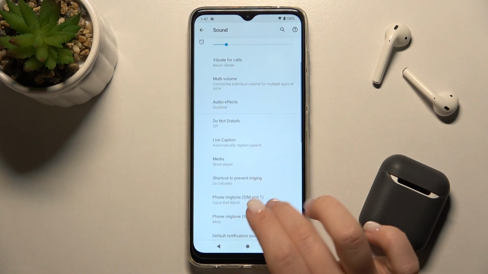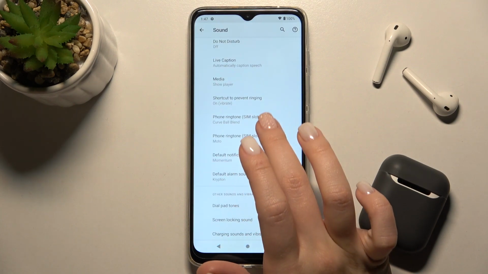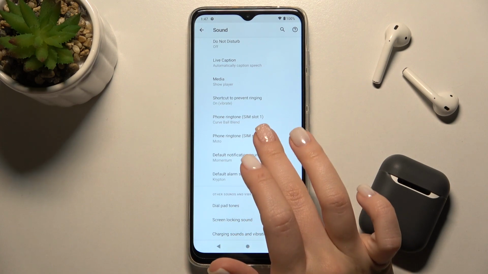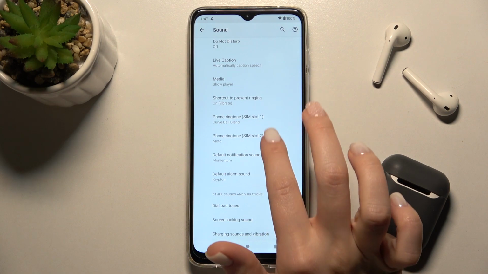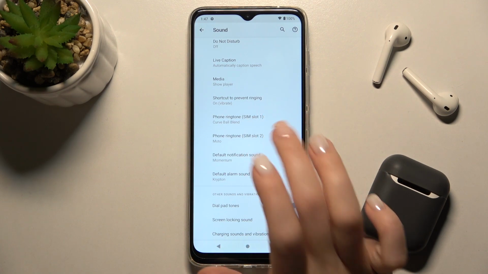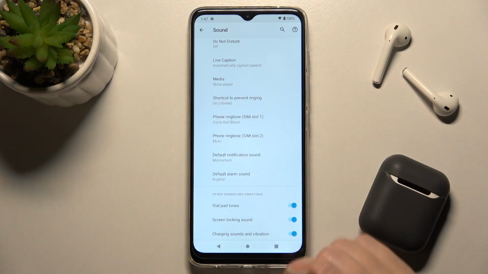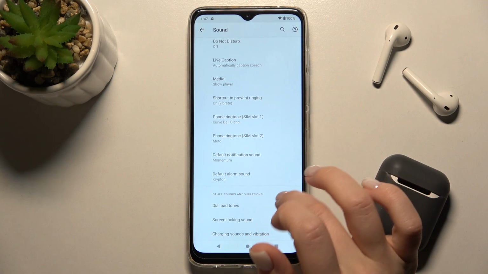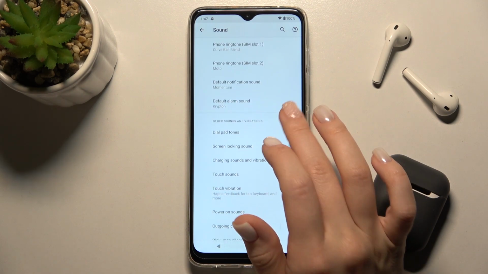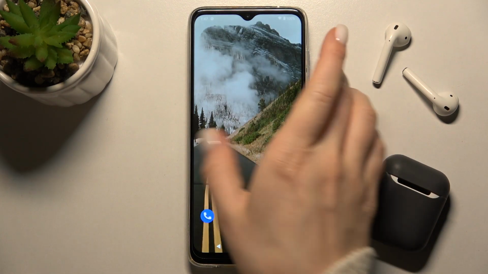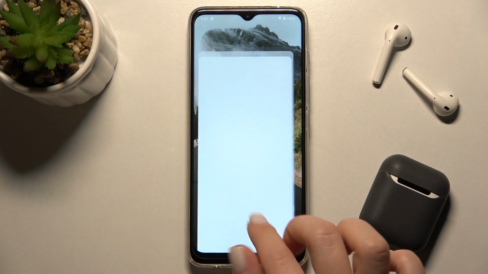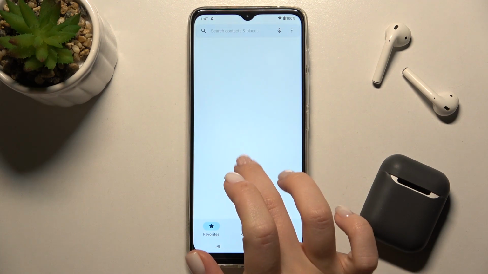Now I'll go to the advanced options. If you want, you can also change the notification, alarm or ringtone sounds for your first and second SIM, because this phone has 2 SIM slots. Also, we got here the dial pad tone switcher that's turned on, and now if you just go to the dial pad, you will hear